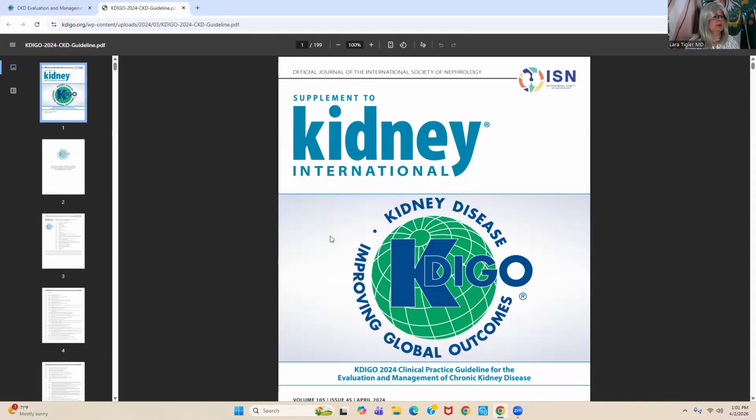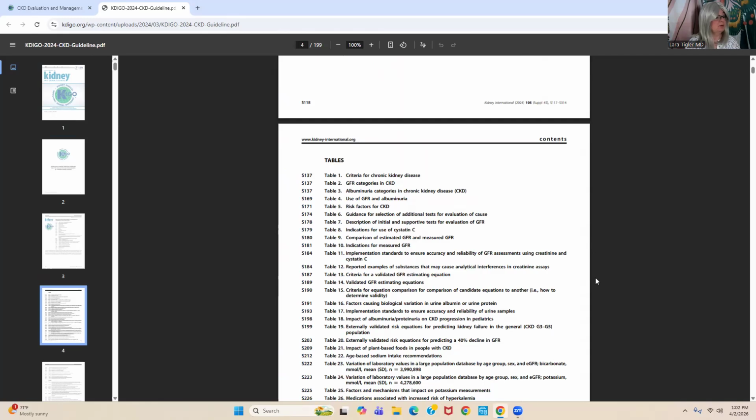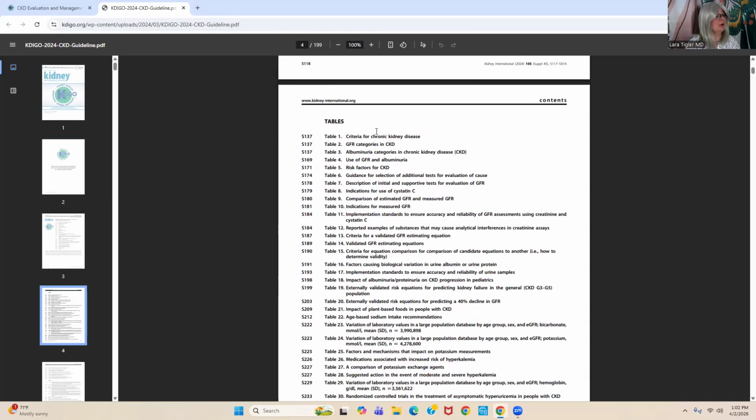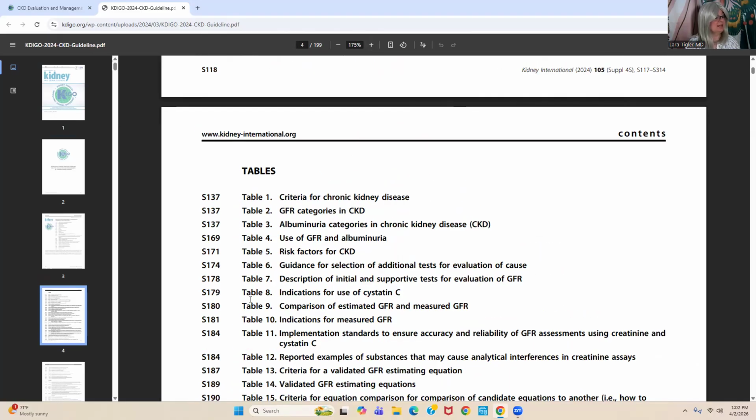Okay, now you can see the blue and green title there. I'm just going to scroll down. And now I'm going to magnify. I wanted you to see a specific word. See how here it says Table 8, indications for use of cystatin C. That's a relatively new blood test, and it's helpful to confirm whether or not the patient has chronic kidney disease. It is not needed for the confirmation of every single time we diagnose CKD, but it is a helpful blood test in certain specific situations. So it's good that you know that we have that.